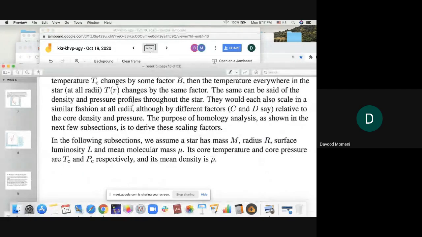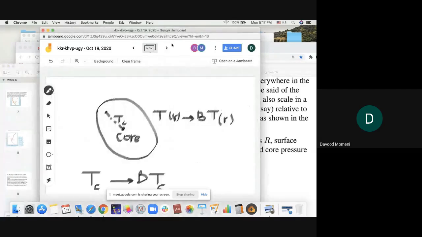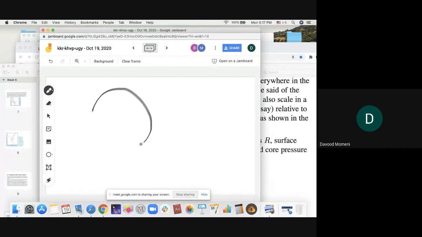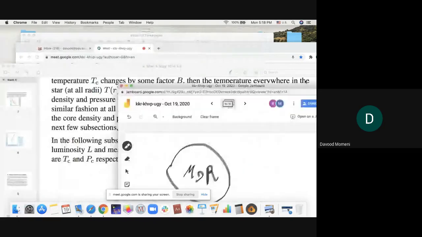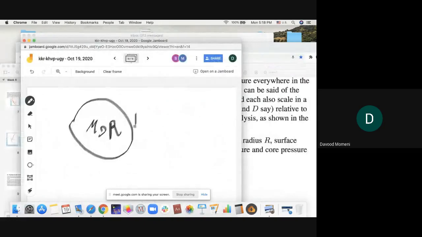So also, we assume that we have a star. What is the main assumption? The main assumption in this calculation of the homology principle is that we have a star. The star has a mass of M and a radius of R, and R is the radius at the surface, and we have a luminosity for the star,